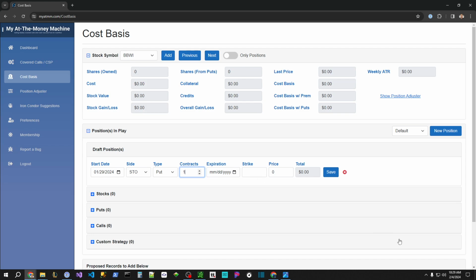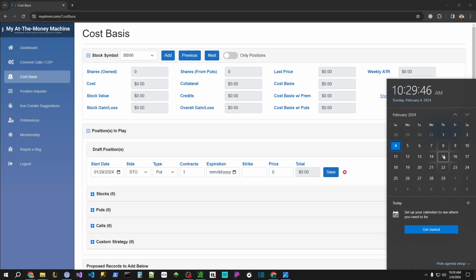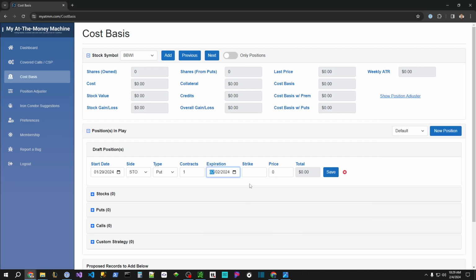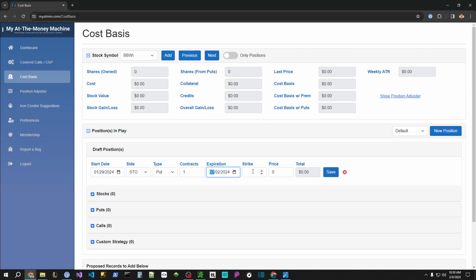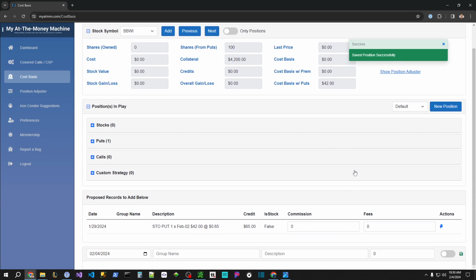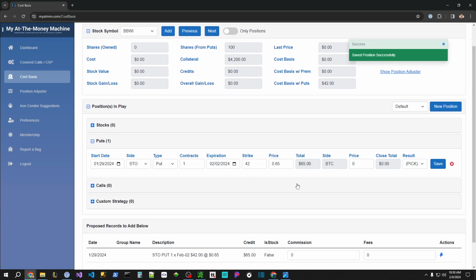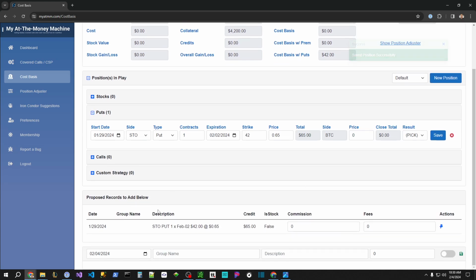The expiration was this past Friday, which would have been the 2nd, and the strike price, let's see, the strike price was $42, and we got 65 cents for it. So let's come back over here, $42, and we got 65 cents, which amounts to $65. We click save, and that adds the position into our puts right here, and it also creates a proposed record